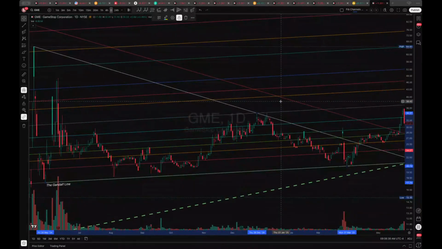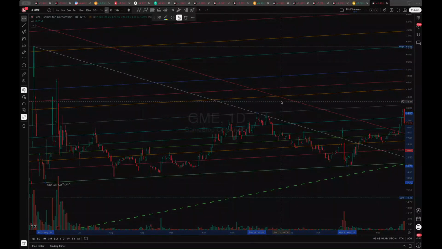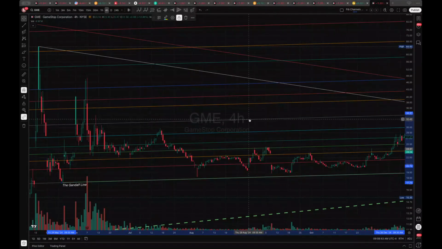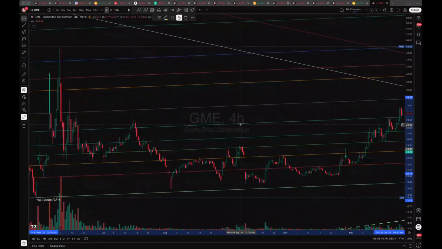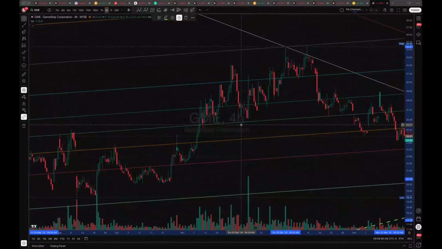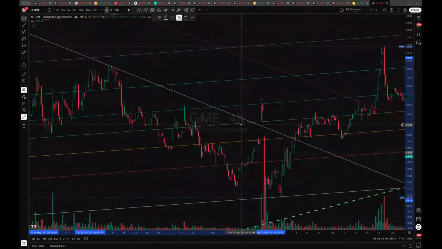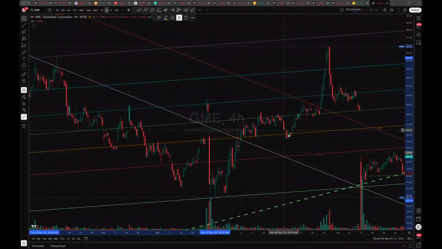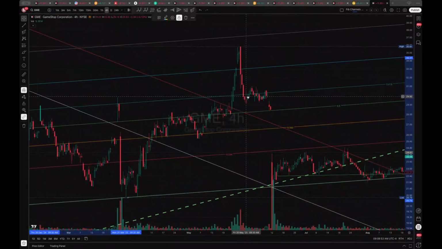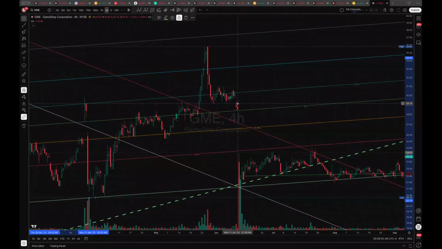And we'll take a look here. I'm going to switch to a 4-hour chart to get a little bit better granularity than the day. And we'll scroll through here, and you can see where channels are forming on price as we go. Even right here before the convertible bond announcement